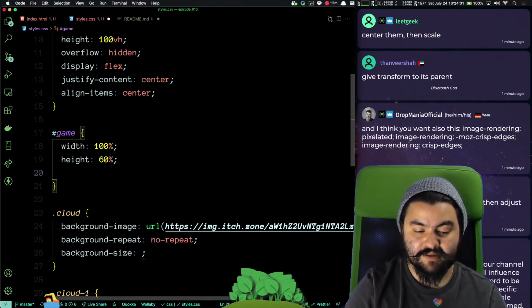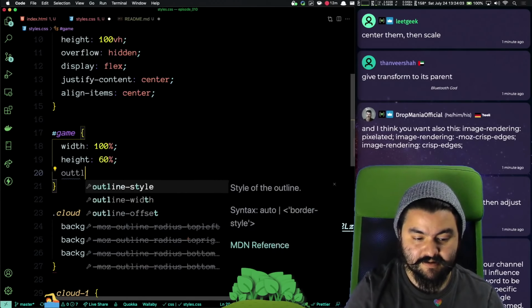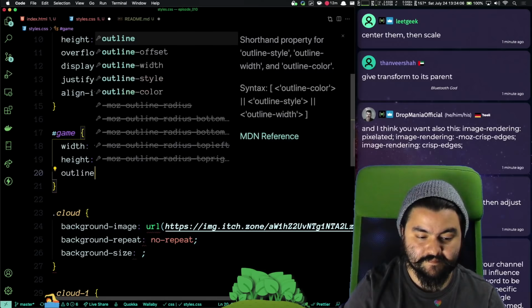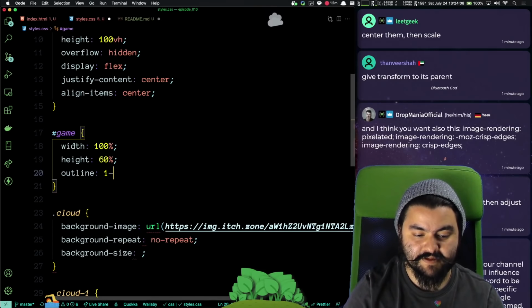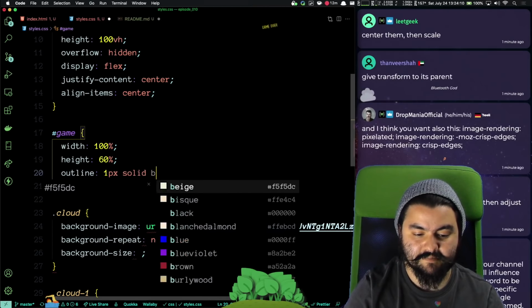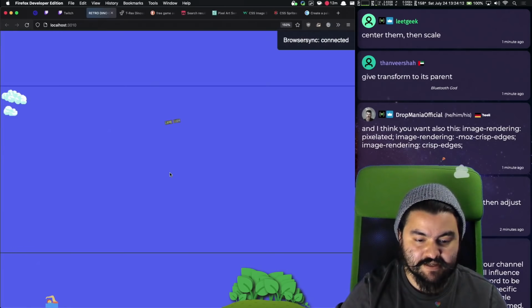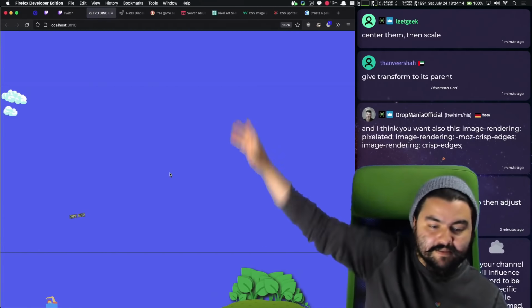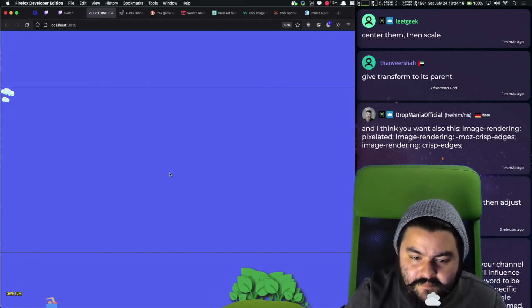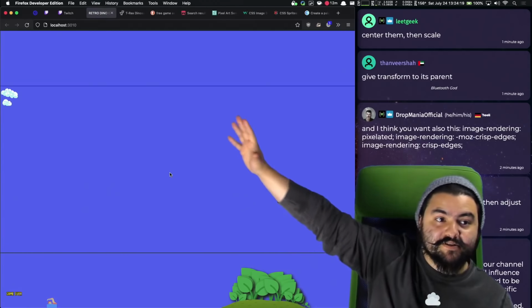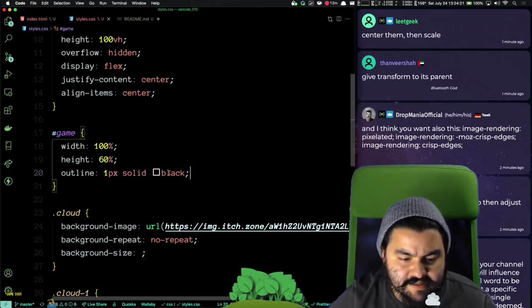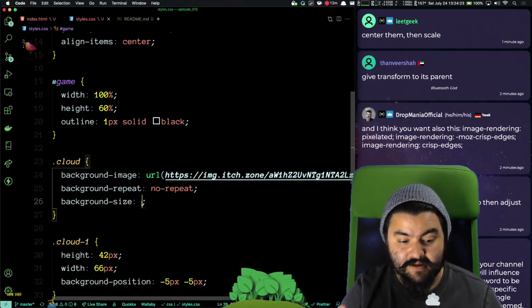So now if we give the game an outline, 10 pixels, solid black, we should see there is our, yeah, and I want to make sure I'm at 100% zoom. There's our game area. This is where our game is going to exist. So now,